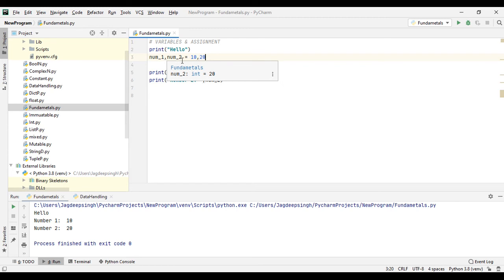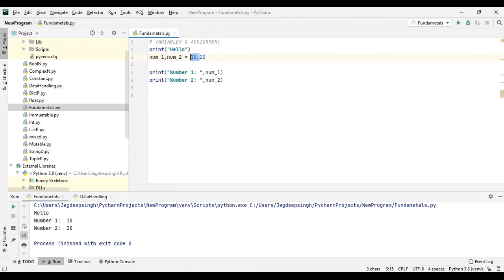Now run this program. Here we have number 1 as 10 and number 2 as 20. You can also use the comma method to declare more than one variable in a single line, and at the same time use the comma method to assign the values.